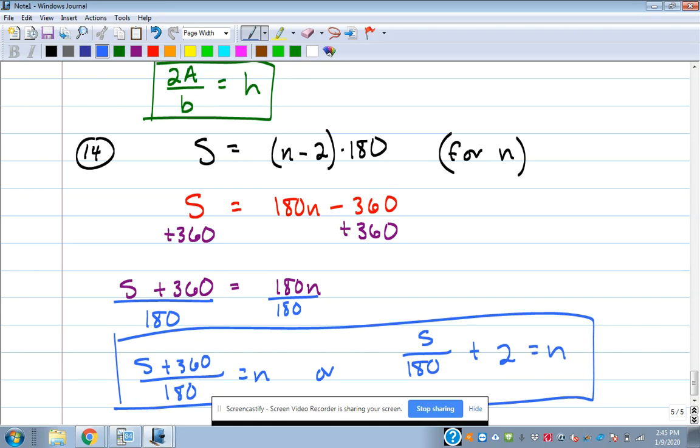Okay, so solving equations: get the variable that is in the problem. If it's a regular equation, just get the variable by itself and you're done. If it's a literal equation, then get the variable they ask for, and they're going to tell you in the directions which